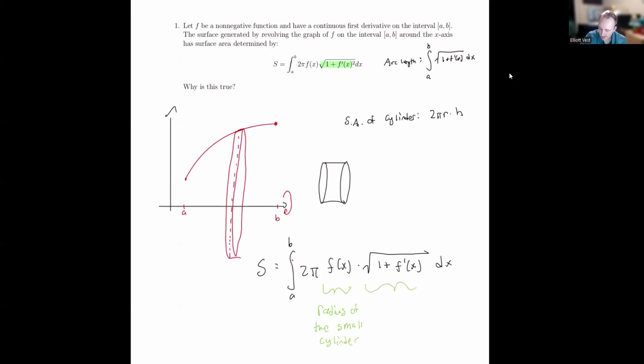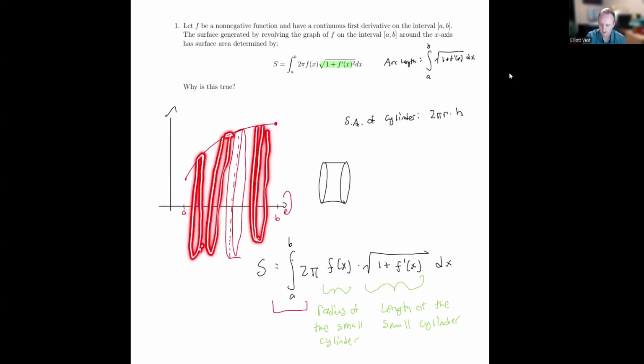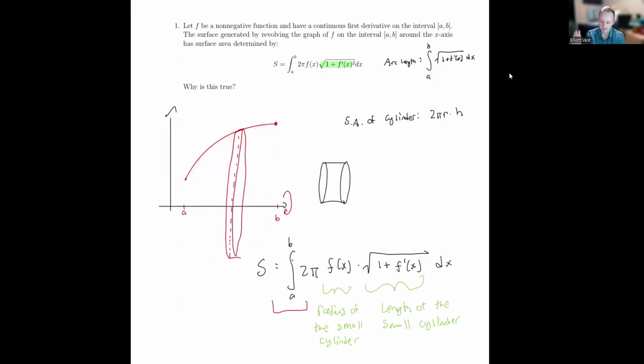And then this is the length of the small cylinder. And now we have a sum of things, or an integral of things, which essentially boils down to what we've seen in probably Calc 1, but also the last class, where you have a bunch of these small cylinders here. Those are also very bad cylinders, right? But adding them together throughout that entire interval, as n goes to infinity, getting smaller and smaller cylinders together